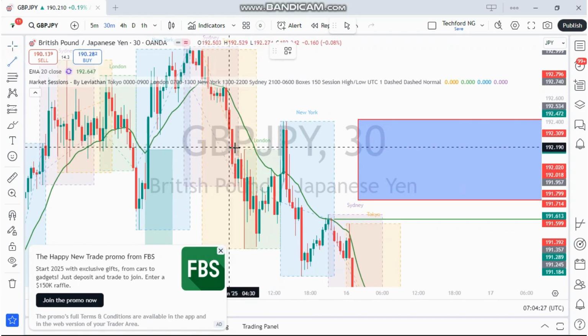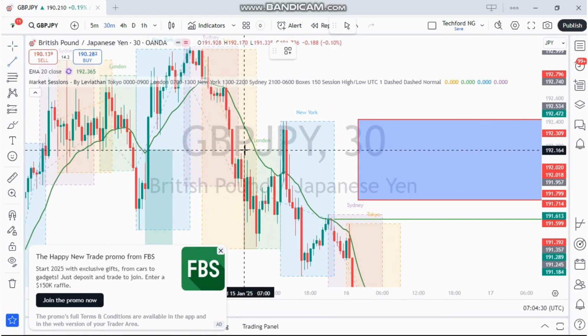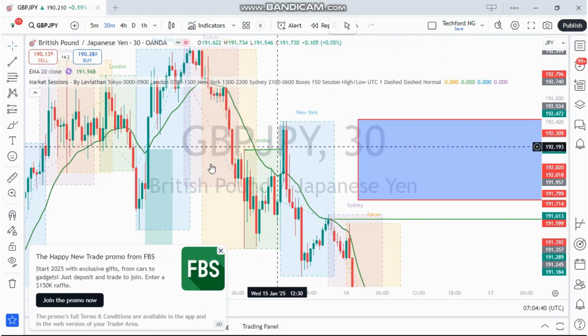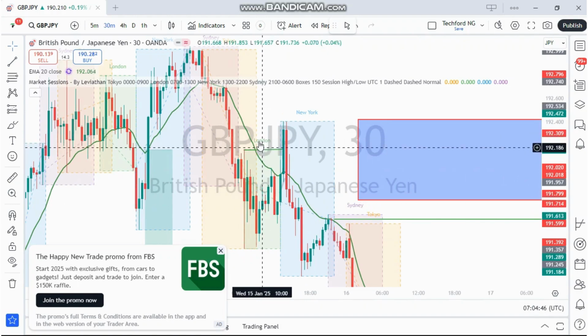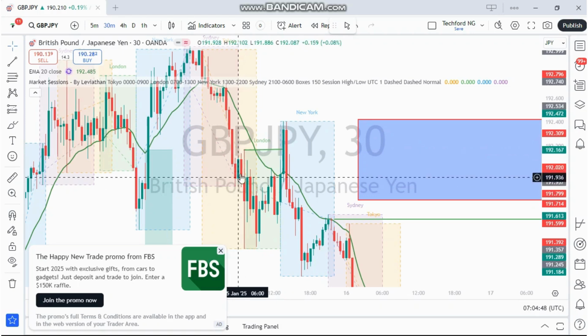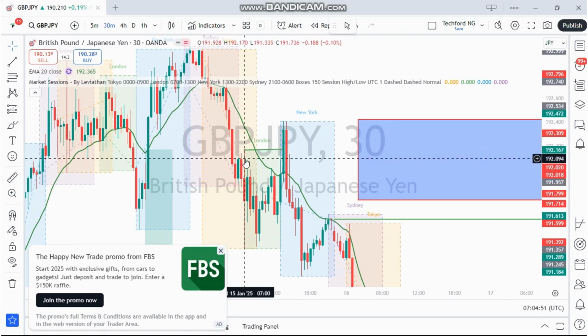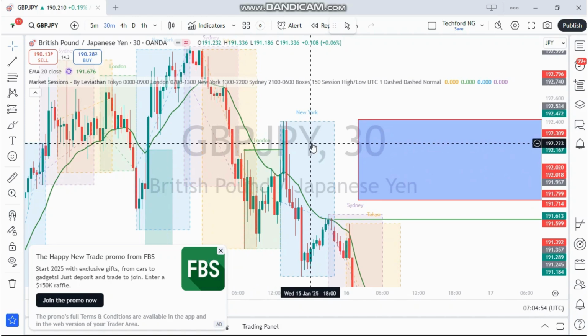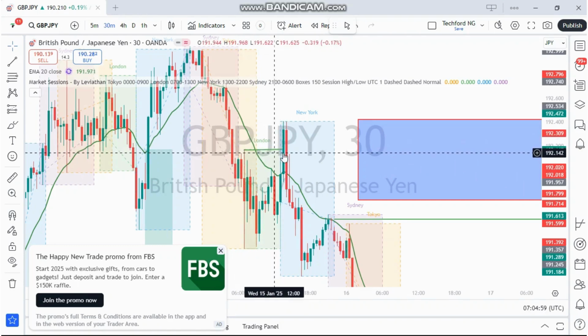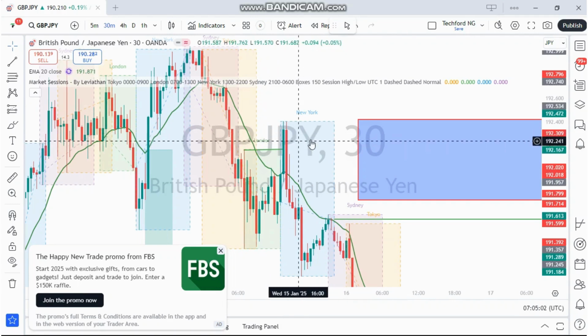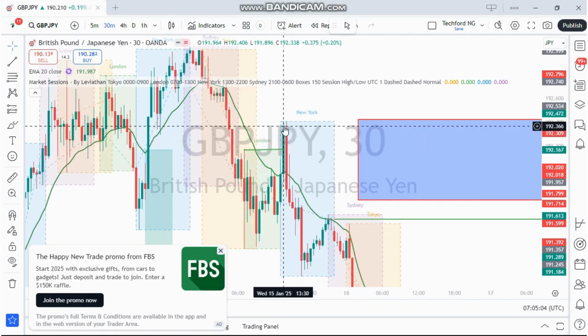Now, this is the liquidity London section. This is the highest point London section began with, right? During this London section, no other candle was able to break this highest point, right? So this is a liquidity. But at the start of the New York section, this candle here broke this London section. So after this New York section has broken this London section, the next thing I should be waiting for is